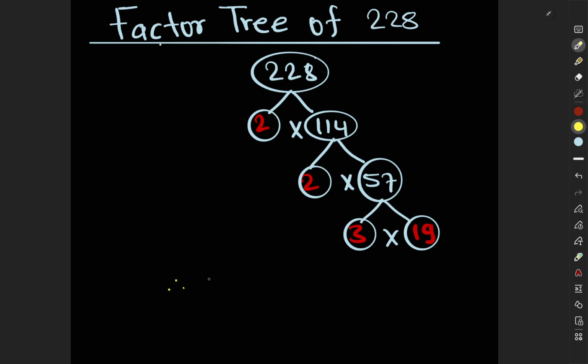So we can write 228 is equal to the product of all these prime numbers, that is 2, these 2, like as these 3 and this